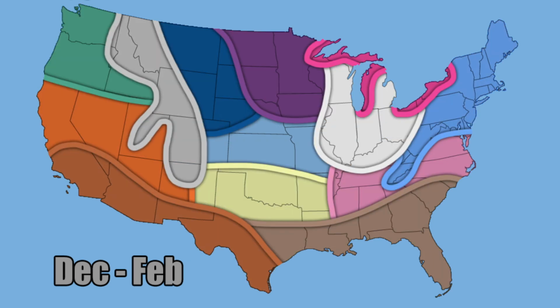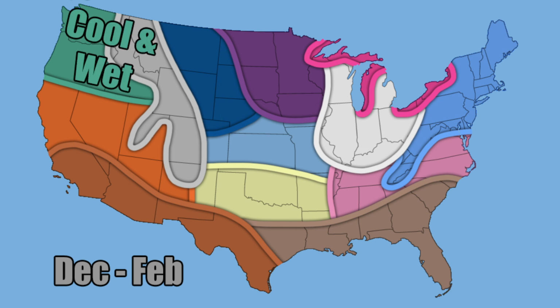Now, here's the overall forecast, and let's start decoding what each different color means. Let's start from west to east. Cool and wet conditions for that green region in portions of the northwest. This is where I think, again, it'll be cool and wet. It's going to be below average temperatures, most likely, above average precipitation. It's really not going to be a very nice pattern.